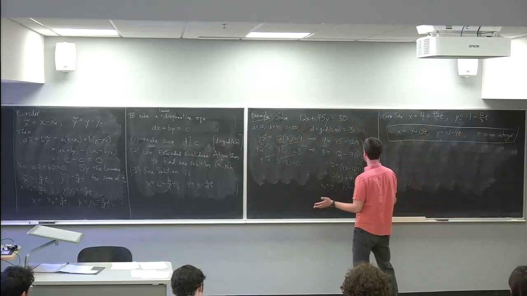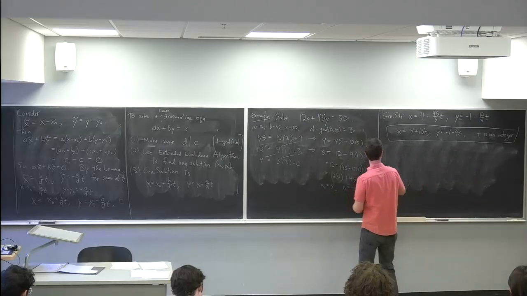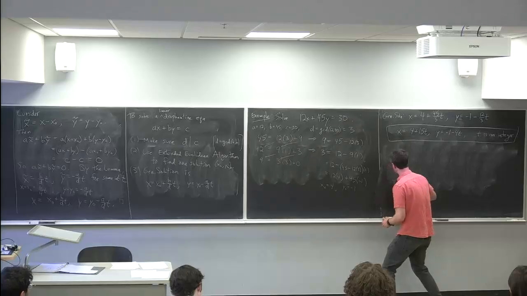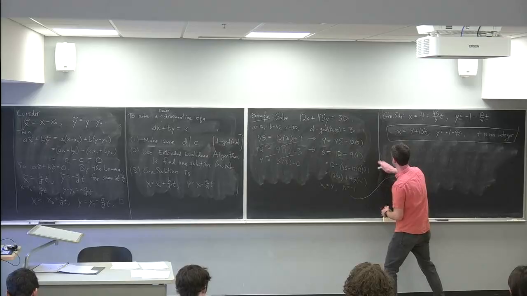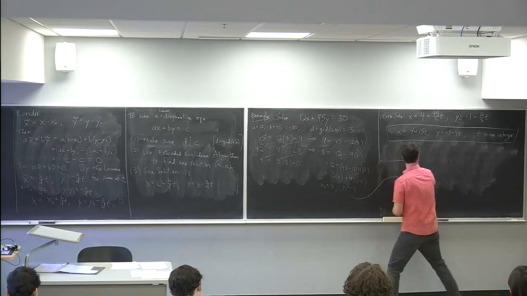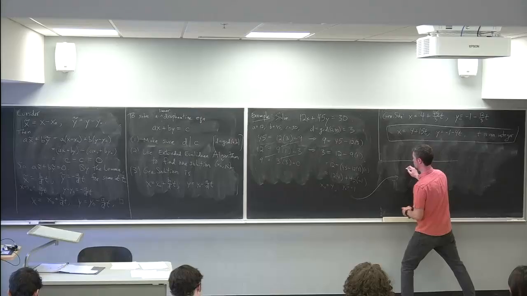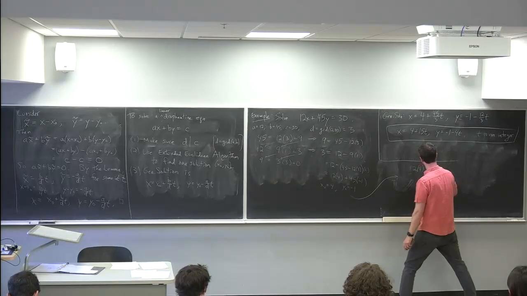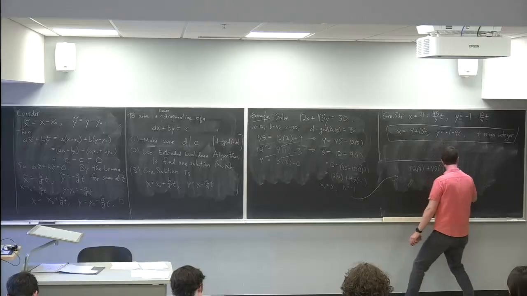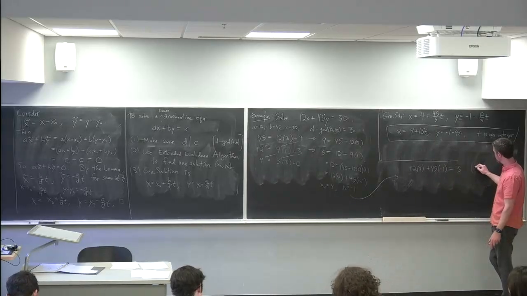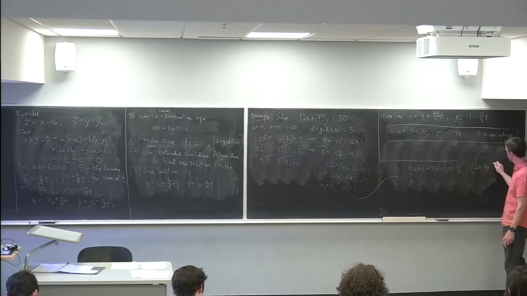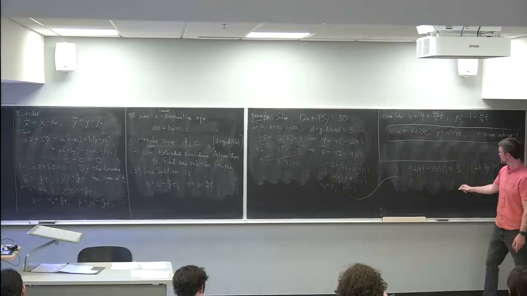So what did we actually do? Let's back this up and fix it. What we really did over here was find that 12 times 4 plus 45 times minus 1 was 3. And then the point was we had 30, which I sort of forgot about. So what you want to do is multiply by 10. And when you multiply both sides by 10,